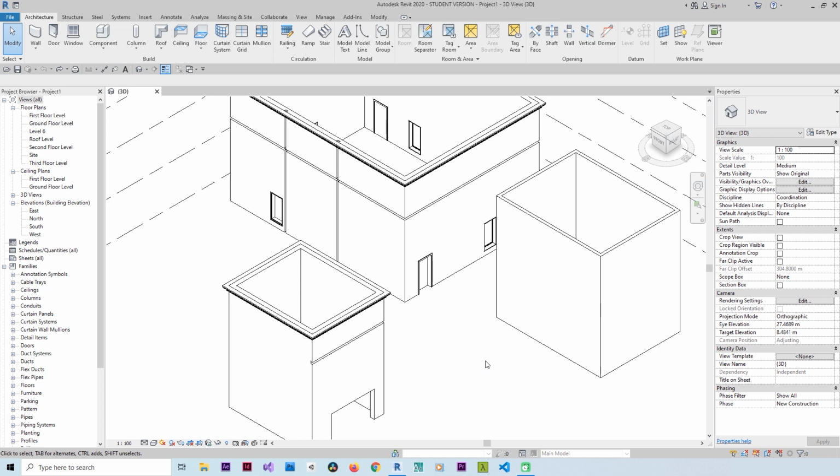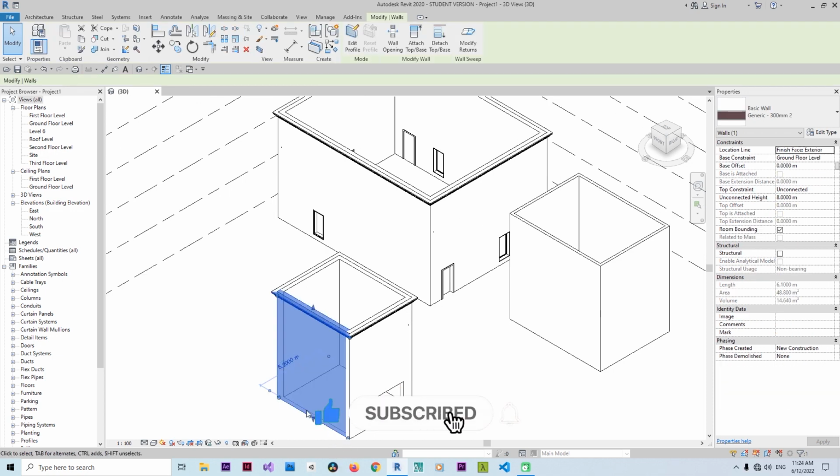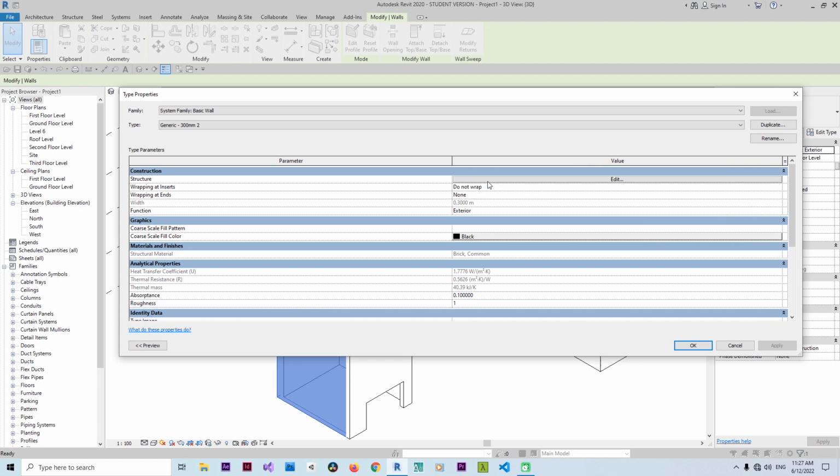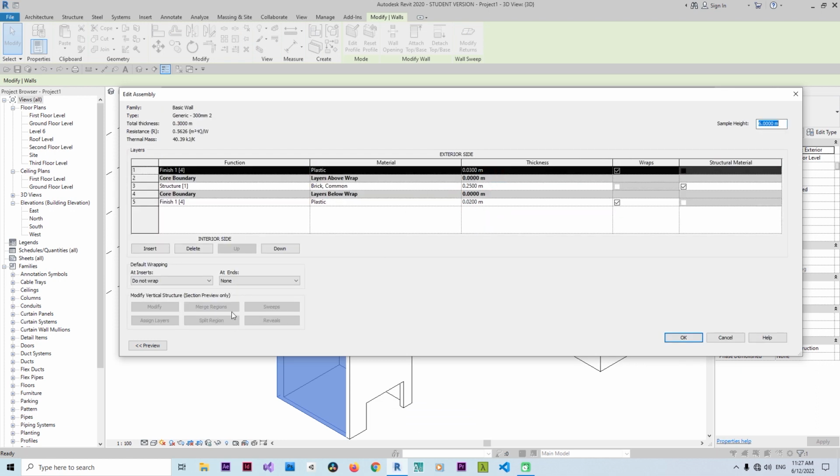Today we'll talk about wall reveals by wall structure. Select the wall and go to Properties, Edit Type, or Type Properties from here. Structure, Edit. We have here